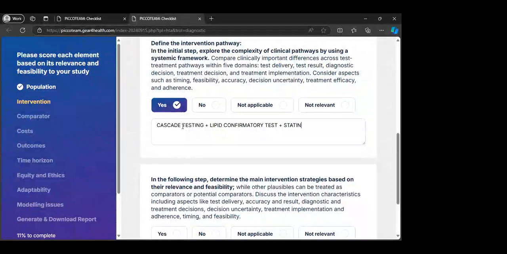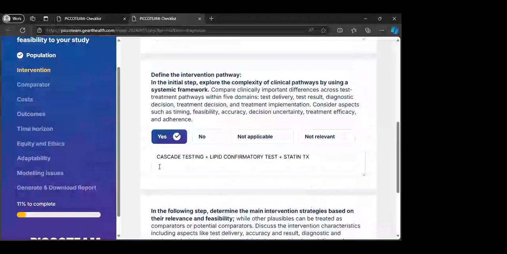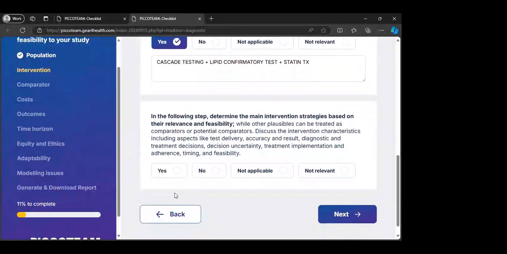So you can design your treatment plan. At the initial step, it's the step that explores the complexity, and then in the following step, it will be a major step to simplify the process and design the major intervention strategies and their relevance and feasibility in your current local setting. For example, for the FH care study, we adopted this model structure from the Singapore FH care